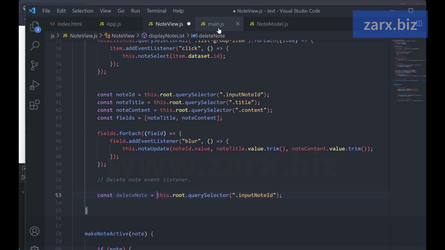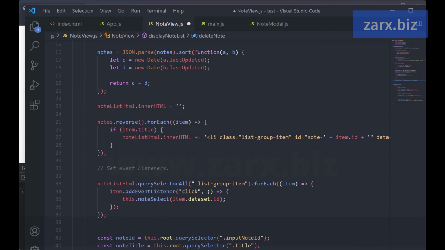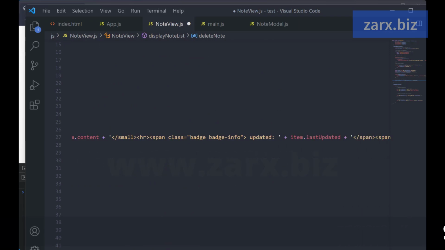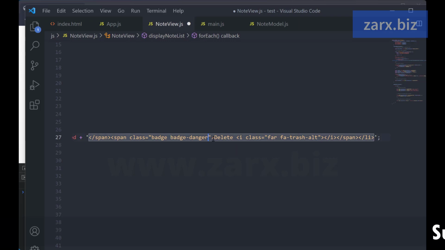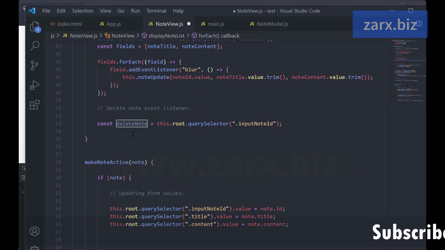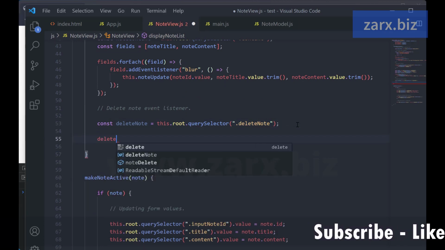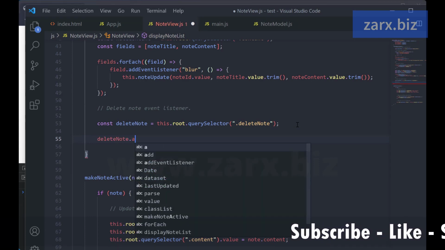Now we need to get the class. Now we need to give it a class. So here, if we go back, we have this here badge danger. So here we need to also add a class. So I'm going to call this delete-note class to this, and we can use this class. So let's go back, and I put that here. All right, and then you can say deleteNote dot add